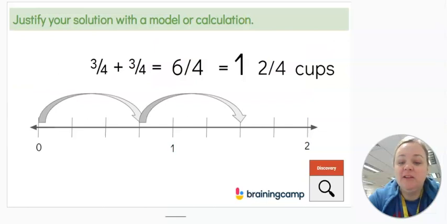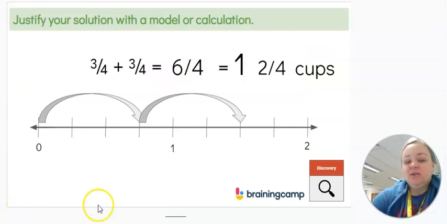We can look at a number line to see this. You can see my number line, I have 1 whole here and 2 wholes here, and each of these tick marks measures 1/4. So 1, 2, 3/4 plus 1, 2, 3/4 lands me at 6/4 cups, or 1 and 2/4